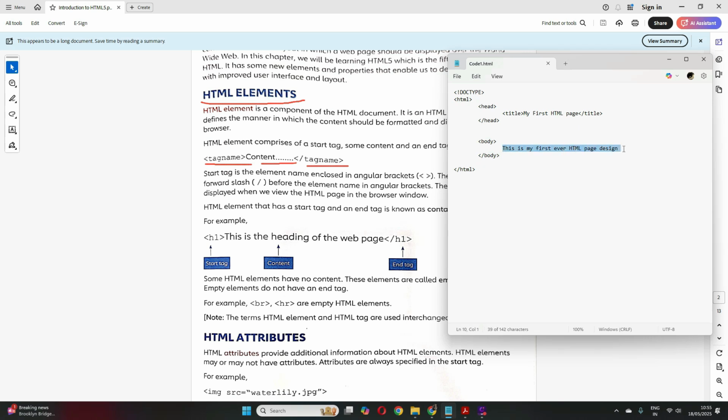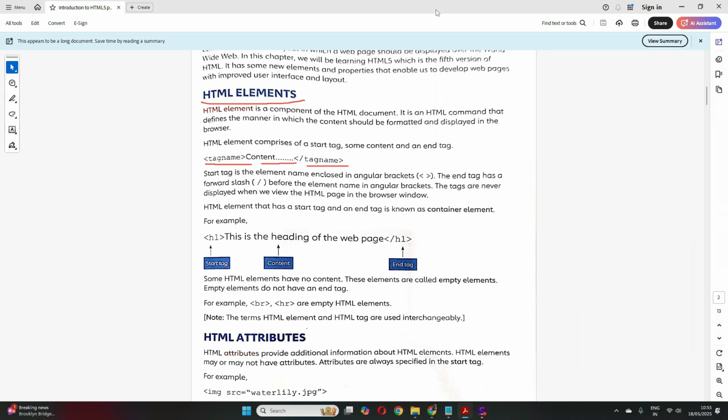And this is our content part. So here we have a tag name, we have a content, and then we have an end tag. And the start tag and the end tag both are enclosed in angular brackets, and the end tag has a forward slash.